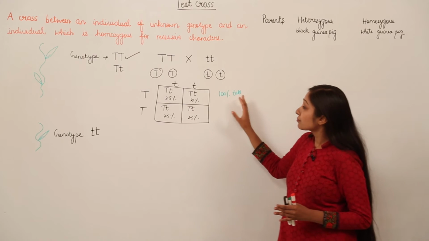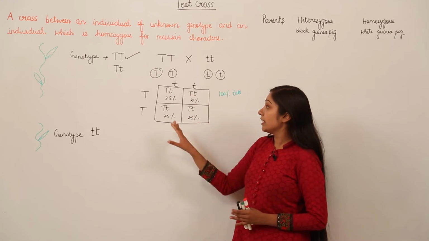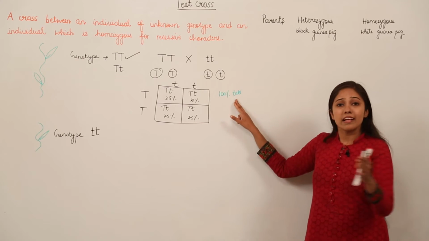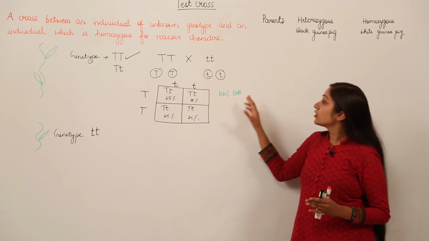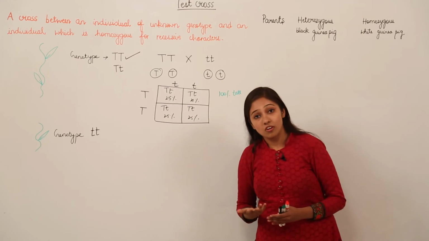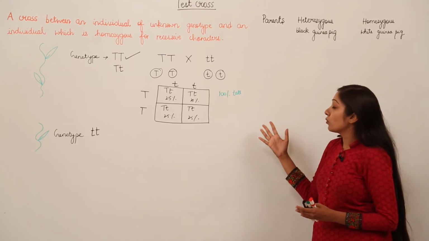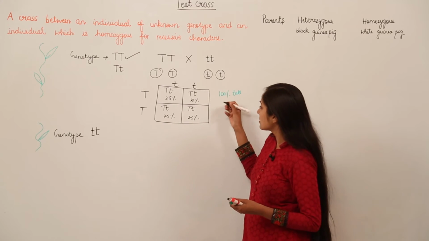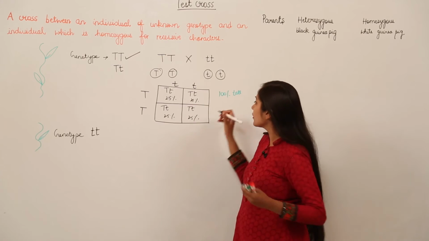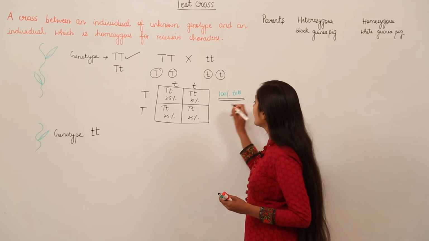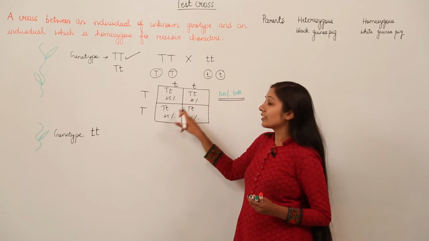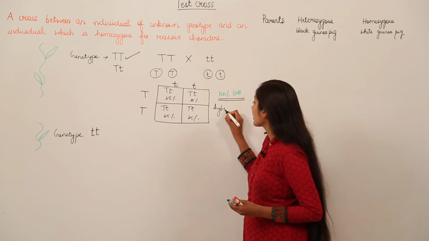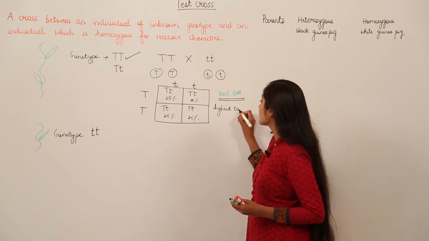For example, in the other case, if you have to write the phenotype, the phenotype is that the plants are going to be tall, and the genotype is that they are going to be 100% tall, okay. So, the ratio, what do you think the ratio is going to be? It is going to be 1:1. Means, why in fact 1:1? These are totally tall plants. So, remember in this case what is going to happen? All the plants are going to be hybrid tall, okay. They are going to be hybrid tall.